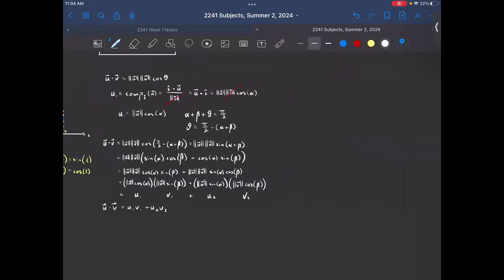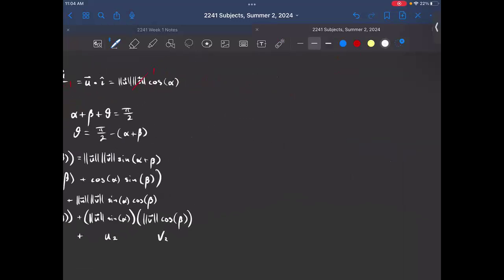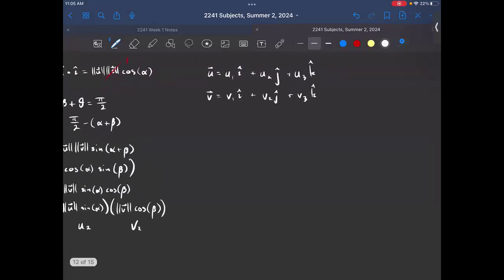I said that there was an easier way to do this, and there is. What you have to do is note that, all right, well, I remember that u can be decomposed into its x component in the i direction and y component in the j direction and z component in the k direction. Same for v: v1 i hat plus v2 j hat plus v3 k hat. And we're just sweeping all of the trig stuff under the rug with this approach. And what do? Well, now we do our u dot v,